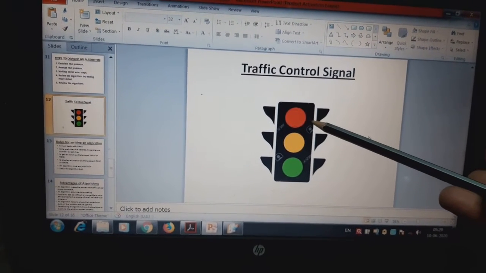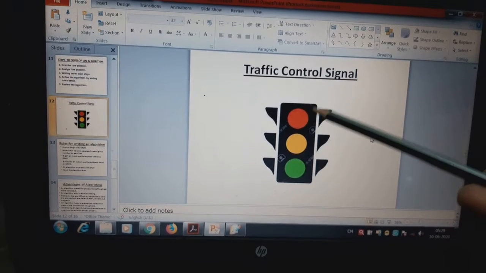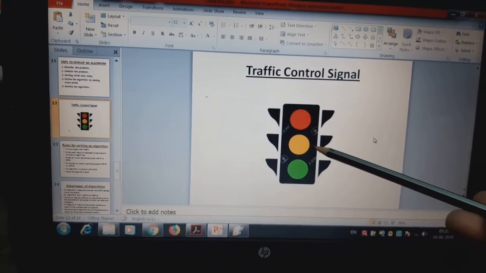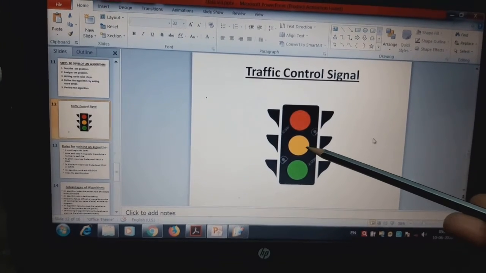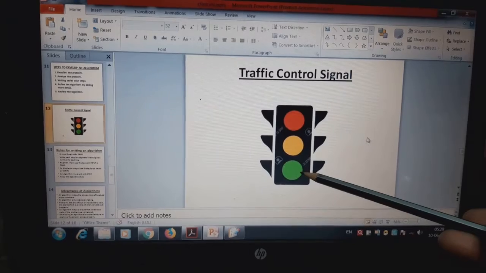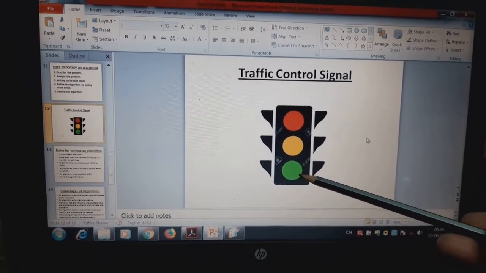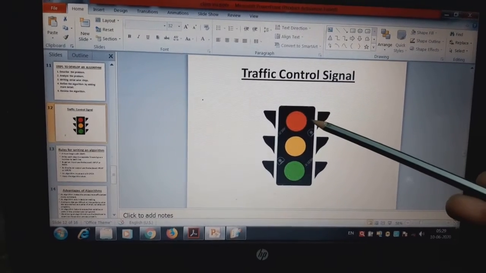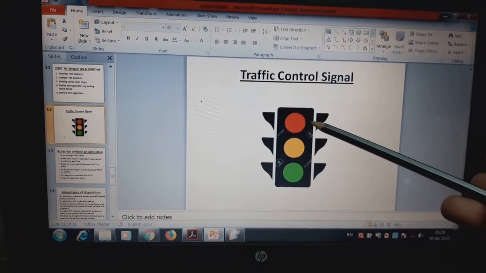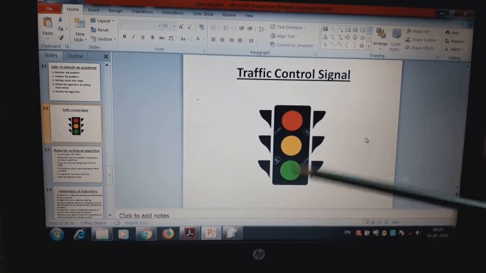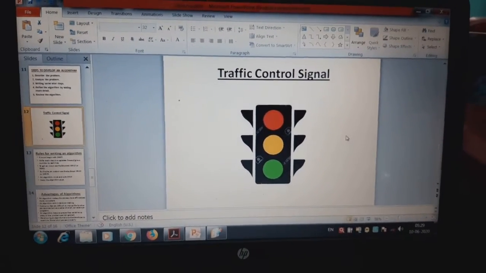After that it will stop and the yellow light will glow for 3 to 4 seconds. After that it will stop and the green light will start glowing and it will glow for 1 minute. After that it will stop and red light will glow for 1 minute. And these steps will be repeated again and again. Okay,